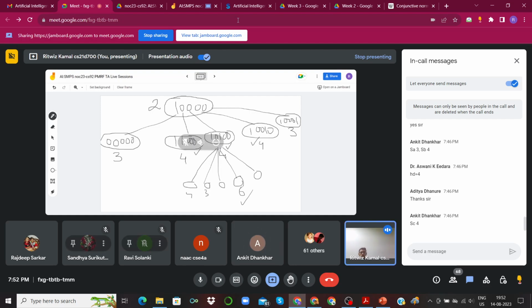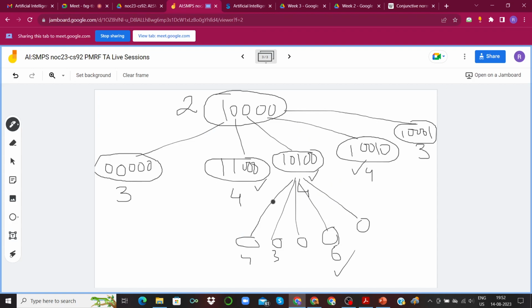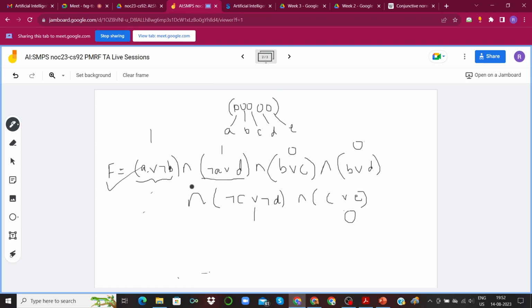Okay, you're talking about optimizing the search tree. You mean to say that we consider these small brackets one at a time, right? Yes. Okay. So the issue with that is, with a certain configuration, let's say where A, B, C, D, E are all zeros, this clause evaluates to 1, this evaluates to 1, this evaluates to 1. So we would think that these 3 are solved. But with the same configuration, these 3 are not solved, right? There are 3 clauses that are still not solved.